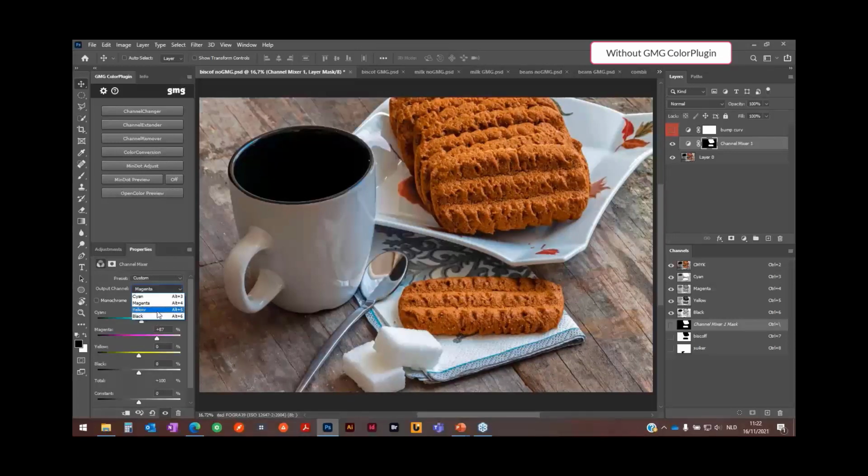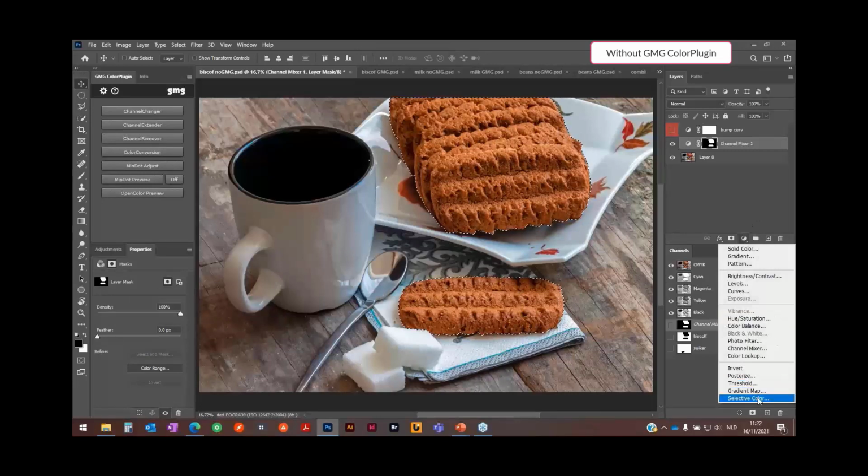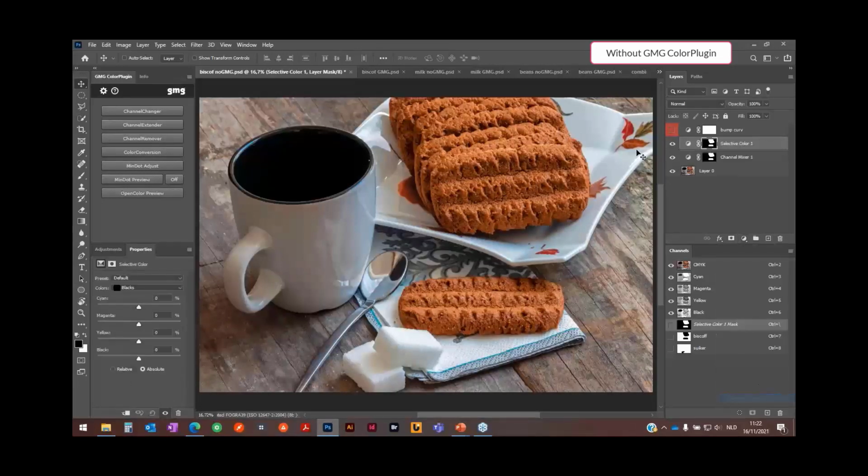Typically, if you remove cyan out of brown areas, it will become more red. So I have to reduce that, and perhaps I have to add a selective color adjustment layer to adjust the blacks so that they are not so strong in the image.